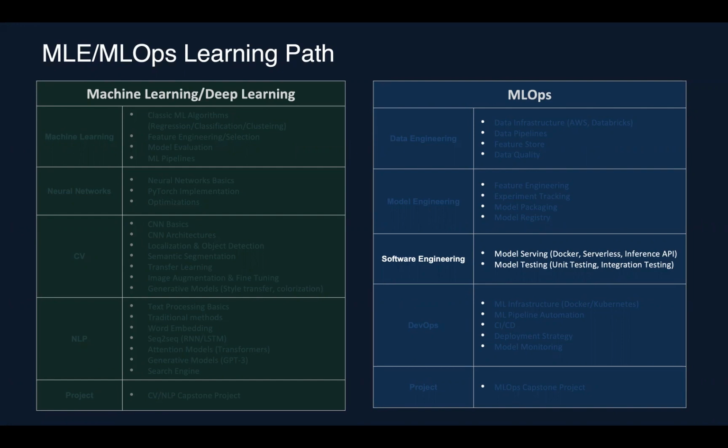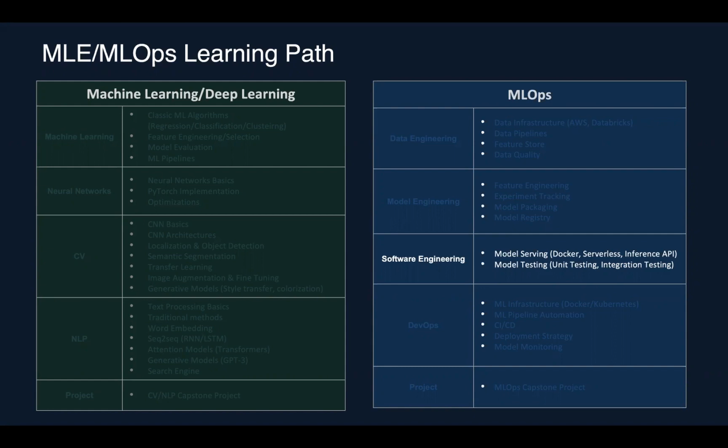And for some use cases, Kubernetes might be overkill if you only have a few small models. And then you need to know how to build an inference API, using Python FastAPI, using Java, or you can even leverage managed services such as Amazon SageMaker, which can help you deploy models pretty easily, but cost is an issue. If you can afford it, that's great. But if you're building large applications, I think using a managed service might be quite expensive, but it's very easy to help you get started.